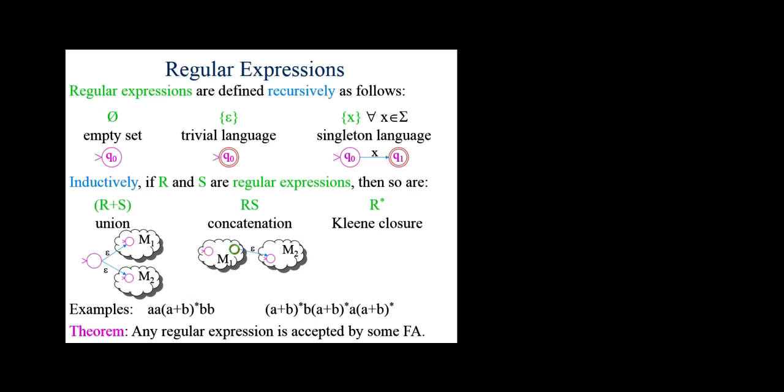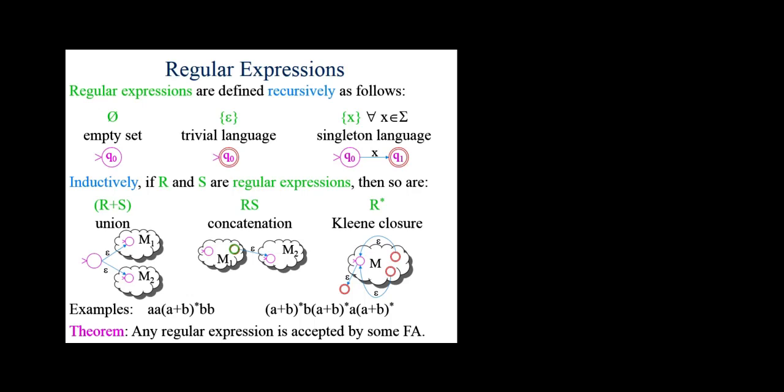And finally, the least trivial case is the Kleene closure. If you have a machine that accepts some language denoted by a regular expression R, you can surgically modify it to accept R star, more precisely the language denoted by R star. I carefully avoided a type error in that sentence. And the way you do that, or one way to do that, there's several, you take epsilon transitions from the final states of this machine back to the initial state, and this will cycle this machine over and over again.